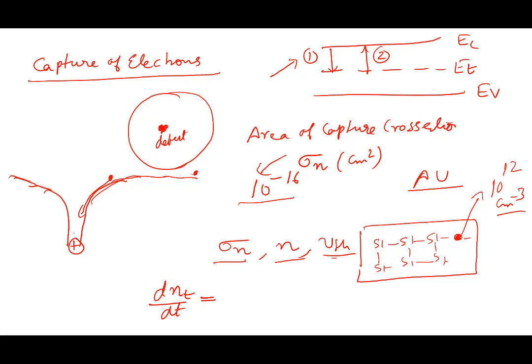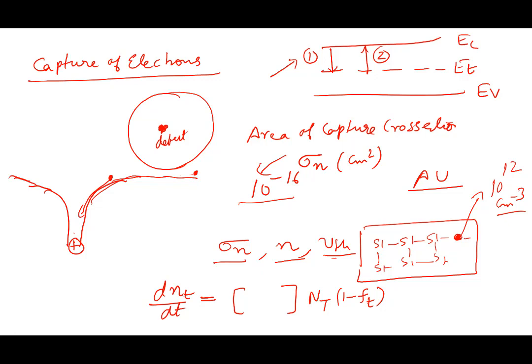dNt by dt. Obviously, it would depend on sigma. So it would depend on something here. And it would also depend, the rate at which it is being captured, on the number of electrons that are there in the defect state, and the rate at which it is changing. You would think it will depend on Nt times 1 minus, let's say, Ft. Who can capture a defect? A defect which is empty,